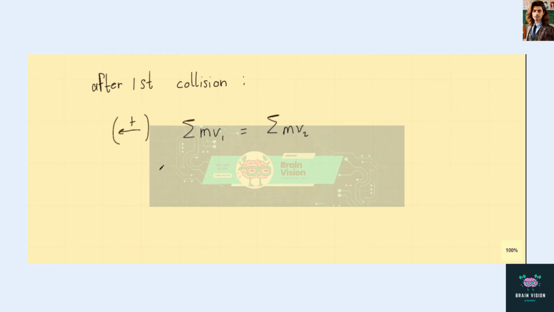Initially, the cart is at rest, so it has no momentum, which is 0. The ball has momentum m v0 since it's given an initial velocity of v0. After the collision, the momentum for the ball is m vb plus the momentum for the cart, which is its mass, capital M, times vc. And so